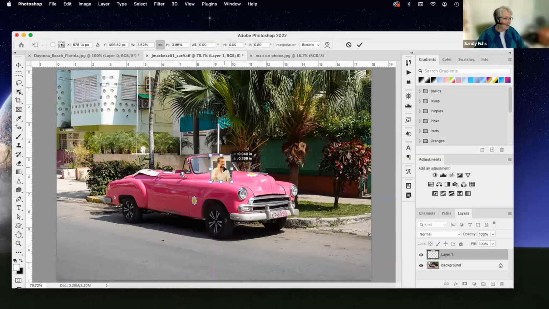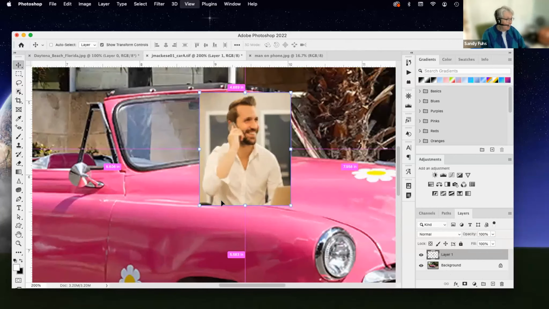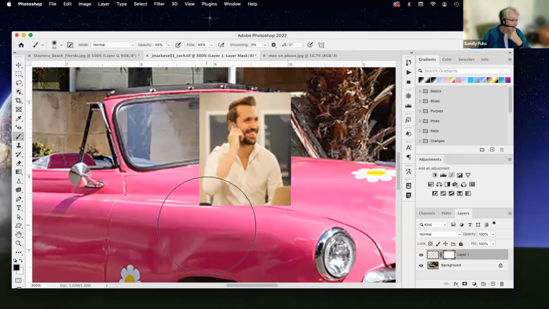Maybe he's about here. I could maybe use a little bit of the opacity just to see what he looks like. And he looks like about the right size. I'm going to say that that's the right size. Now I could layer mask this gentleman, and quite easily, once I have the size I want, zoom in, layer mask, and with my layer mask, start saying, okay,